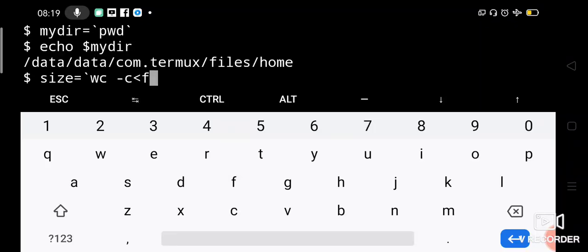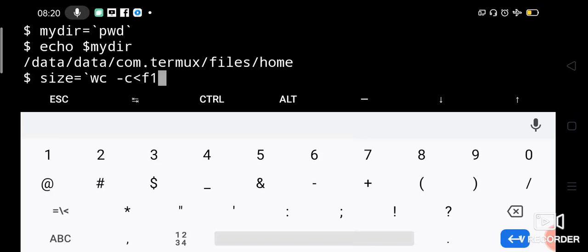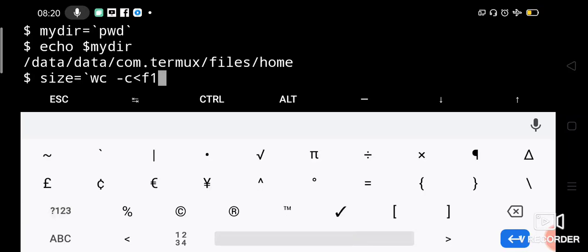We have the f1 file, right? So now f1's value will be taken into standard input, and from standard input wc will obtain the data, and -c means it will count the number of characters present in the f1 file.